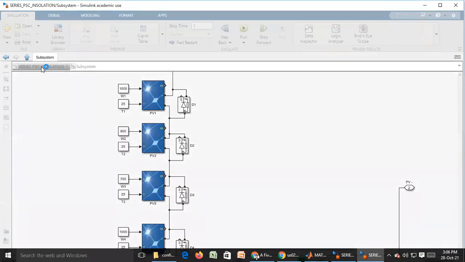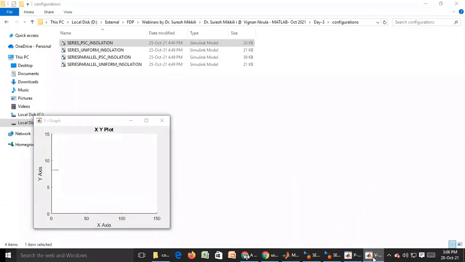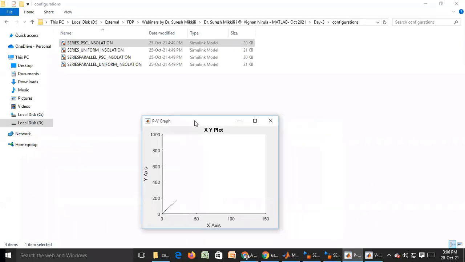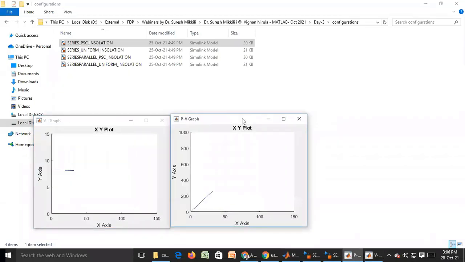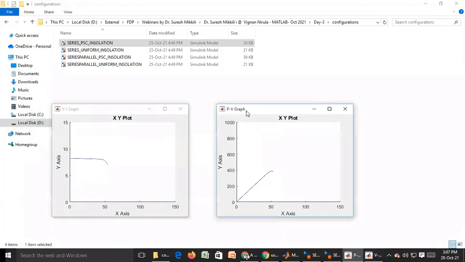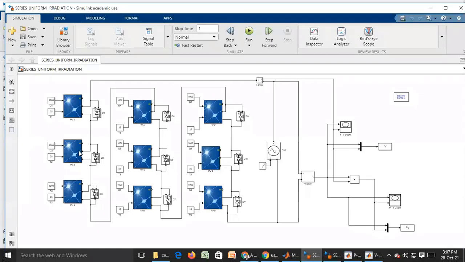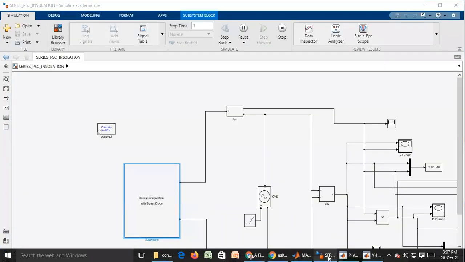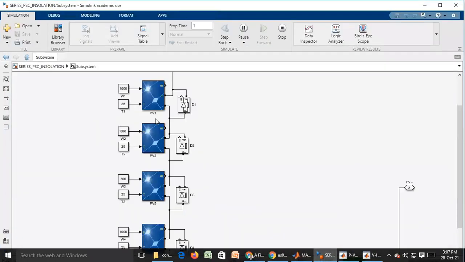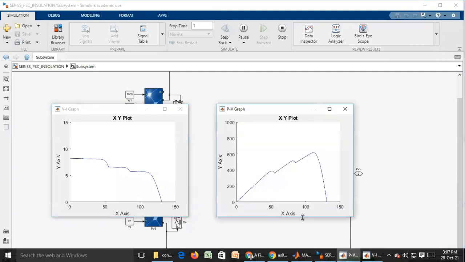What will happen when a partial shading condition comes? When there is a uniform irradiance condition, even if you take one module or n modules, there is no issue. You get properly shaped IV and PV curves with one global maximum power point. But when I consider different irradiance levels in the 4 modules, 1000, 800, 700, and 1000, you see how the IV and PV curves are changing.